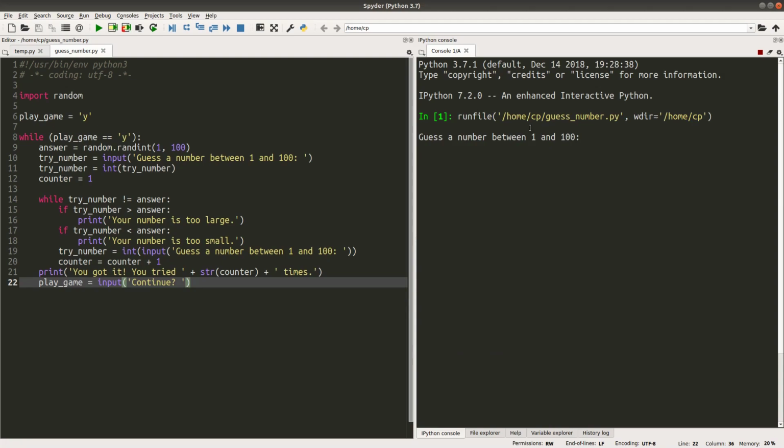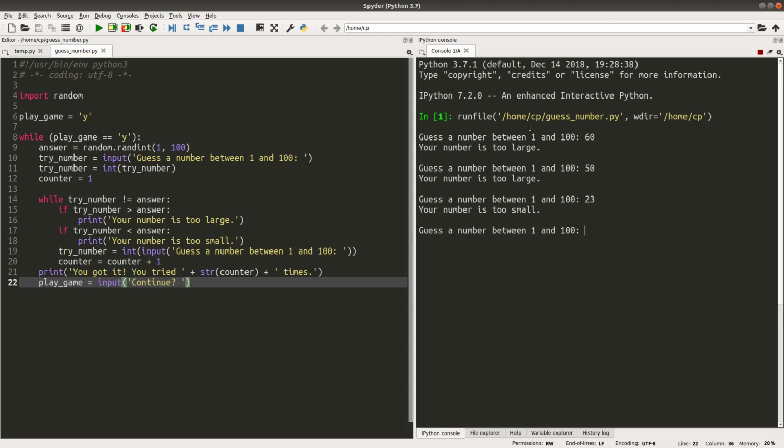I guess a number. I try 60. Oh, it is too large, so I have to guess a bit smaller. How about 50? Still too large. 23? Too small. So the number is between 23 and 50. And how about 42? Too large. So the number should be between 23 and 42.